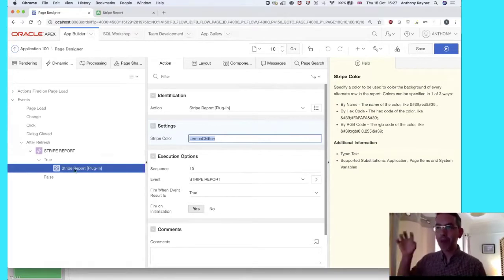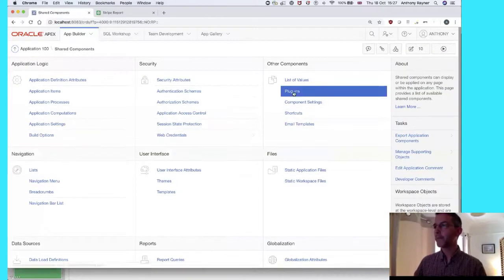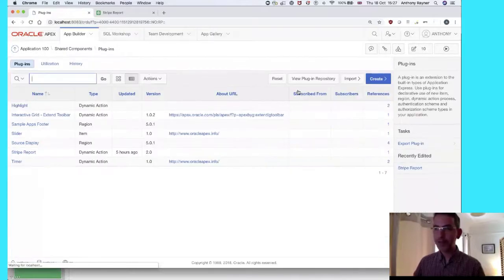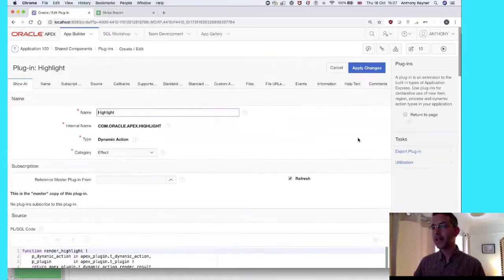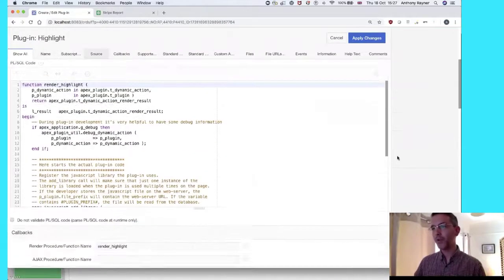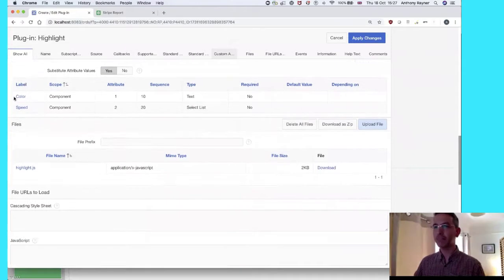So in terms of page level code, very simple, no custom JavaScript. And this is a good way that you can hide custom JavaScript in the plugin. And that helps in terms of maintainability and making code easier to manage. So if we have a quick look at the plugin, we'll go to Shared Components, Plugins, Highlight, and then it's pretty straightforward. There is basically just an attribute for color, and then in the JavaScript file,